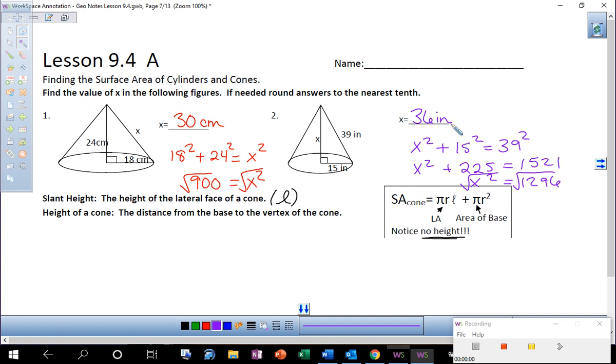So that's a quick review of Pythagorean theorem, just to get you comfortable with what you'll be looking at on these cones. So again, we do not need the actual height for the surface area of a cone. We need that lateral height. We need that slant height, okay? The lateral face. Alright, so